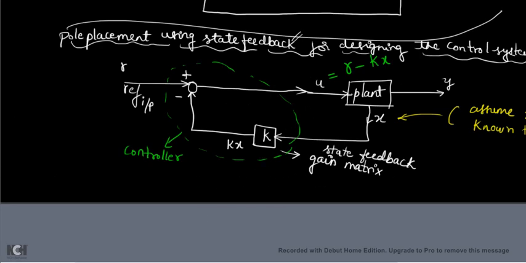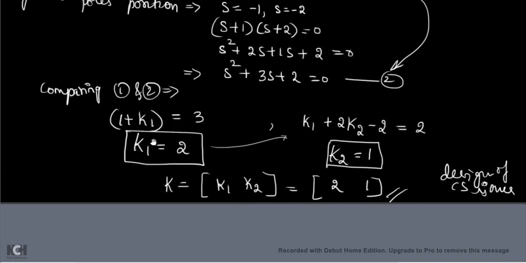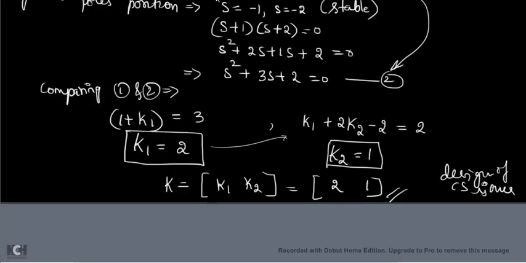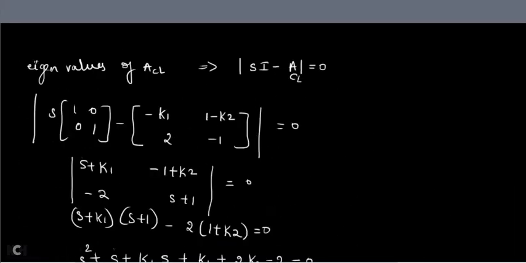Previously the given problem was unstable. Let me show that also. Okay, now the system is stable. Yes, the system is stable. Why? Because what are the pole locations you are taking? -1 and -2. Where are they present? On the LHS. So therefore it is a stable system. And therefore for these values of S only I got K, no? So for this also the system will be stable. So you have designed a stable control system.